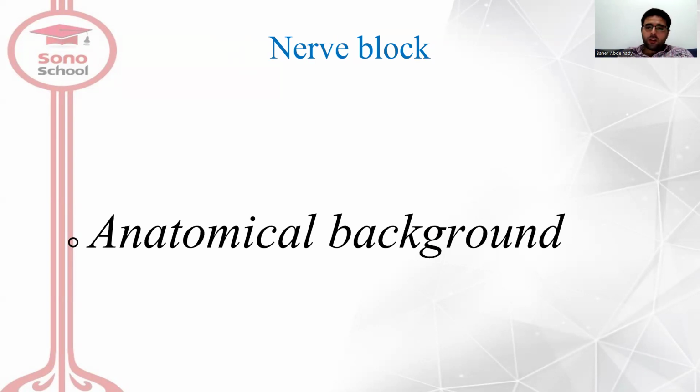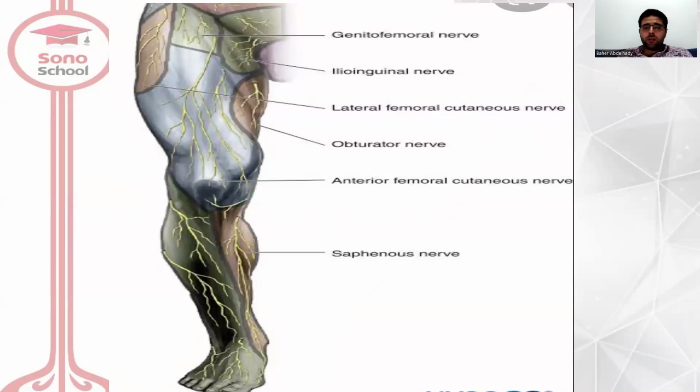Okay, let's start. This is the cutaneous or dermatomal supply of the thigh. If we see, the anterior aspect of the thigh is supplied by the femoral nerve. The lateral aspect is the lateral femoral cutaneous nerve of the thigh, and the medial aspect is ilioinguinal and obturator. This dermatomal supply is very important for the anesthetist for post-operative analgesia due to skin incision. But if you are in ER,